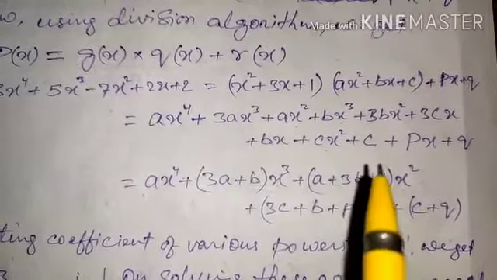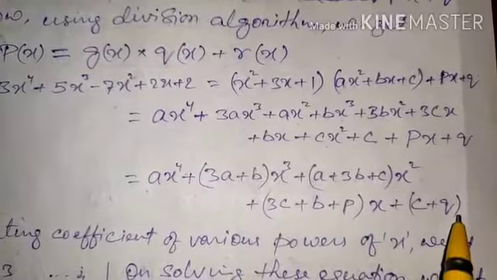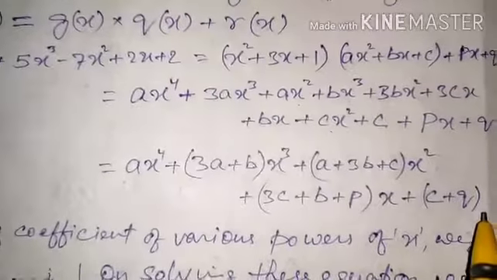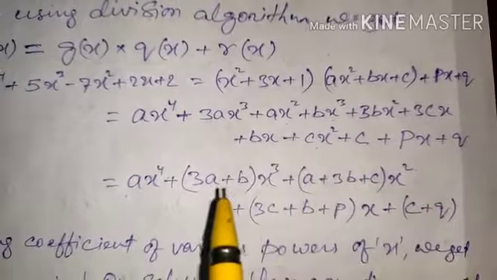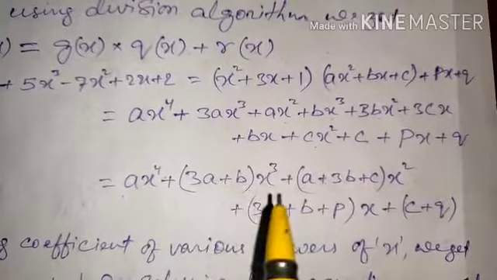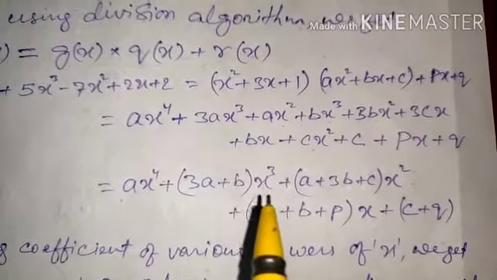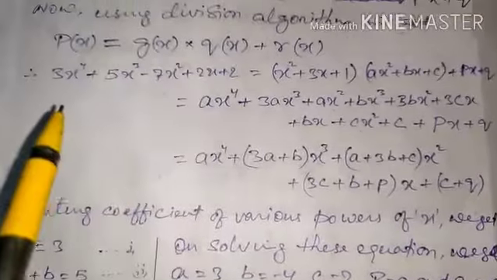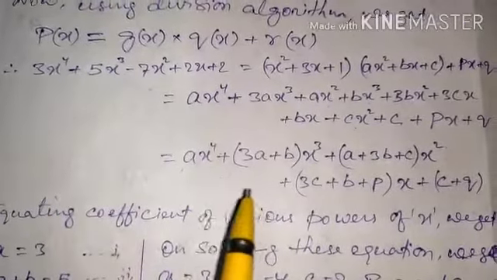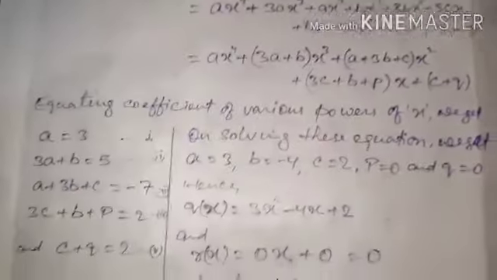Now what is the constant term? c and q are the constant terms, so c and q are left over here. I hope this thing must be clear to you all up to here. I had converted everything into the coefficient form of the powers of x. So done that. Now here also you can see x4, x cube, x square. Here also we can see x4, x cube, x square, x, like that.